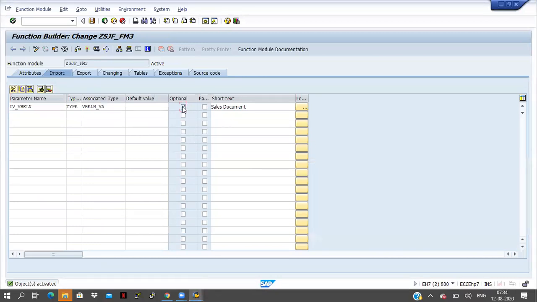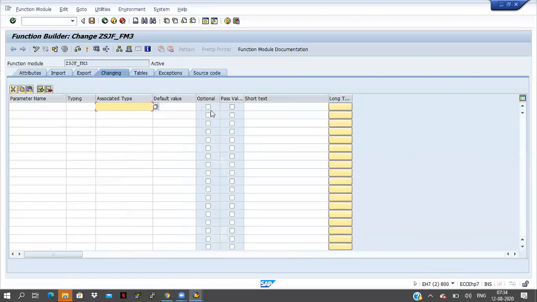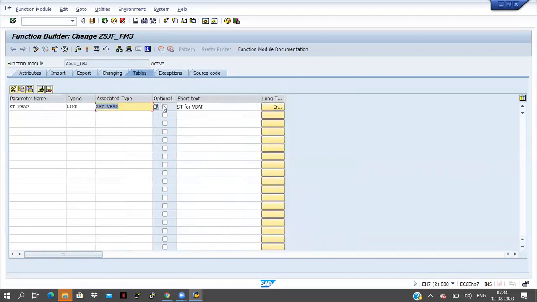It will come in the input parameter, the import tab here. But for the export tab, that is always optional only. In the changing tab, you can see the option is there, which means you can take it as a mandatory thing or optional, your wish. Coming to the tables tab, optional is there.